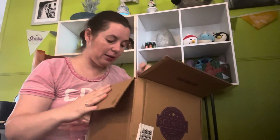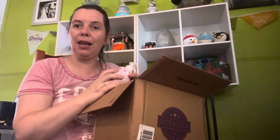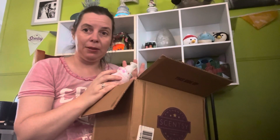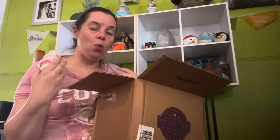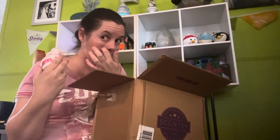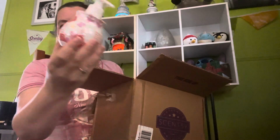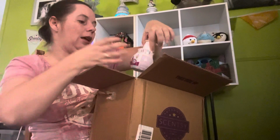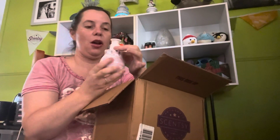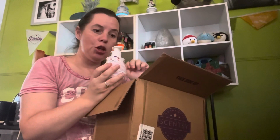So let's go through what wasn't clearance item, but I picked up at the same time. So I picked up the 3-pack of Christmas holiday hand soap. That was one of the items that was delayed in coming to Australia. So it was one of the staggered release items. So it came with Perfect Peppermint. It came with Dancing Sugar Plums,